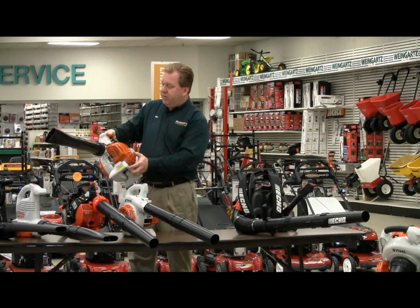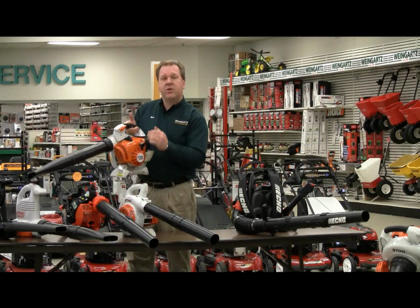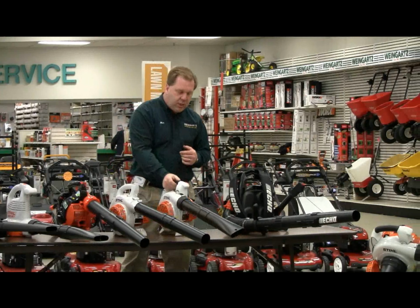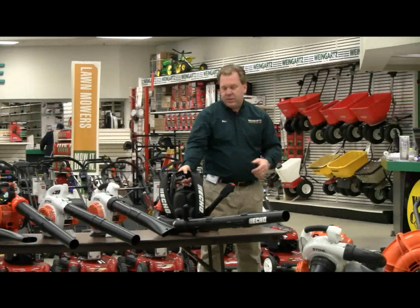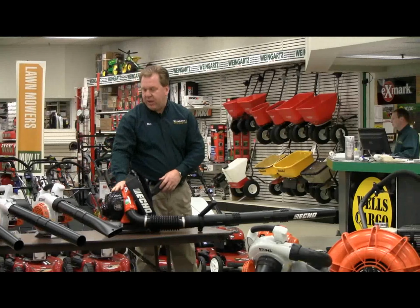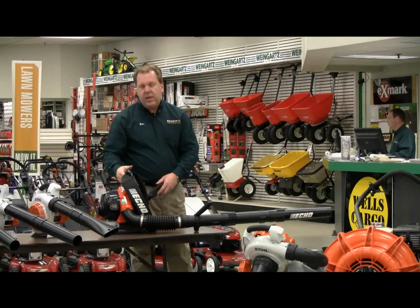And another nice feature to look for is a trigger lock. If you run an extended period of time, you can lock the trigger in place so you don't have to squeeze the trigger for extended use. Another very popular option is basically a backpack unit. They start in the backpack units with the engine size comparable to a large handheld, but with a